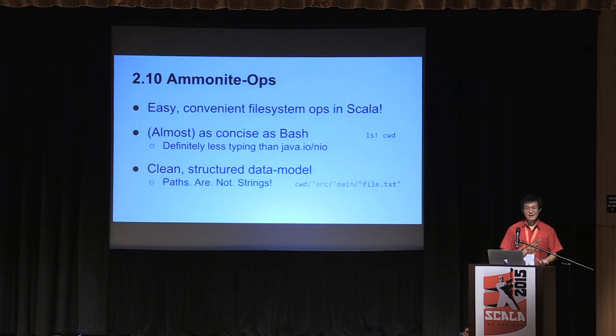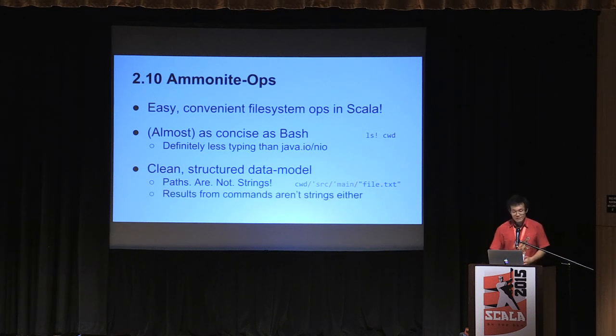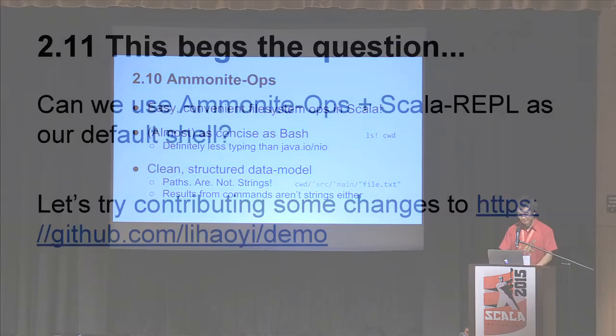So in Ammonite-Ops, paths are not strings. Like multiple strings can convert to the same path. Appending strings as paths usually gives you invalid paths in different ways. And with Ammonite-Ops, you do not need to think about this at all. And in fact, many invalid combinations of paths, for example, concatenating 2 absolute paths together, is statically prohibited by the compiler. Furthermore, results from commands aren't strings either. I get a sequence of paths. I don't get some byte stream. I don't need to split on new lines and worry about file names which contain new lines. I just take the structured data and can map, filter, do whatever I want with it.